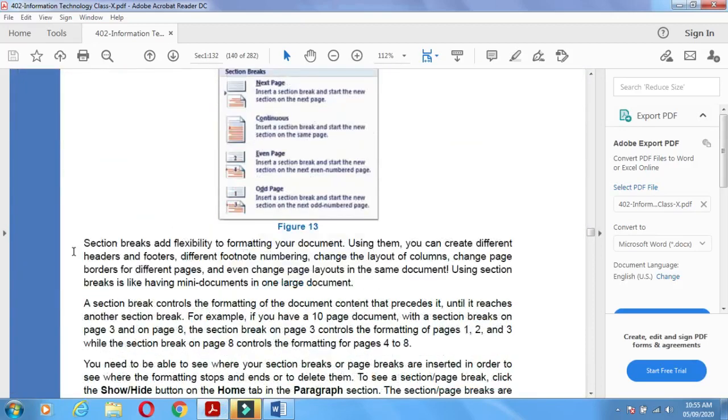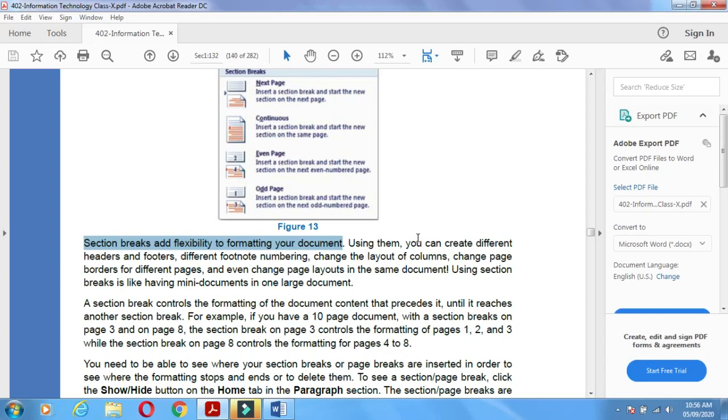Correct? Now, the section break gives flexibility to the format of your document. This process helps make the formatting of your document flexible.